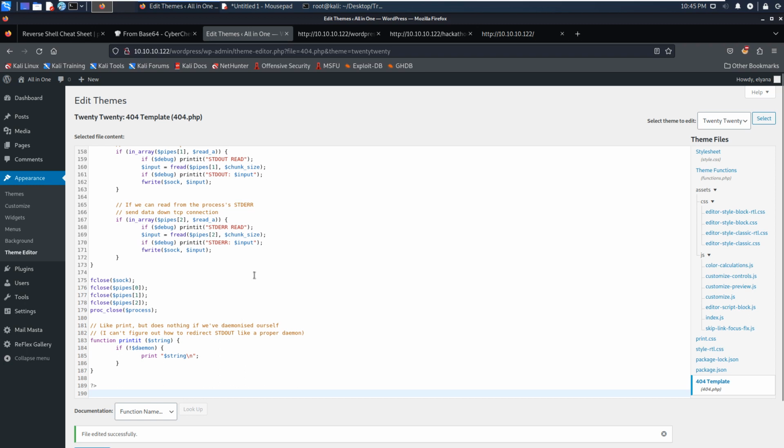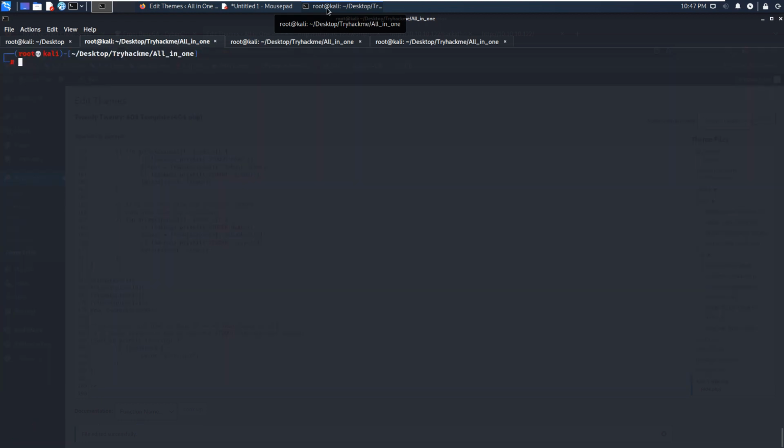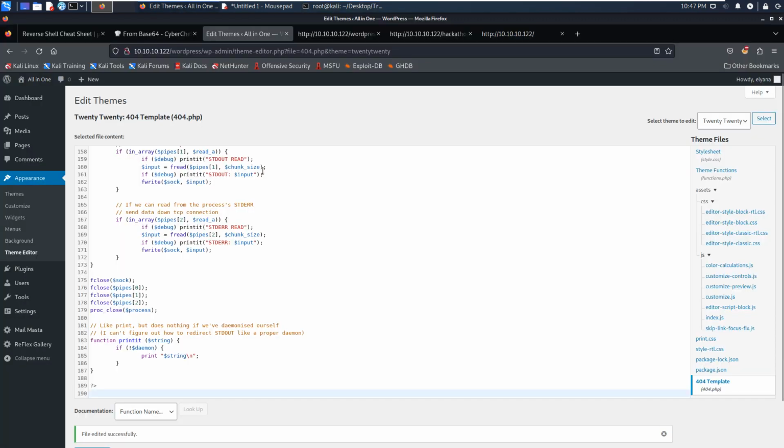We have already successfully updated the 404. So next, we need to access the 404.php file. However, before we can access it, we need to know the exact location of this file. And before we do that, we can set up the listener first, right? So how to get the location of